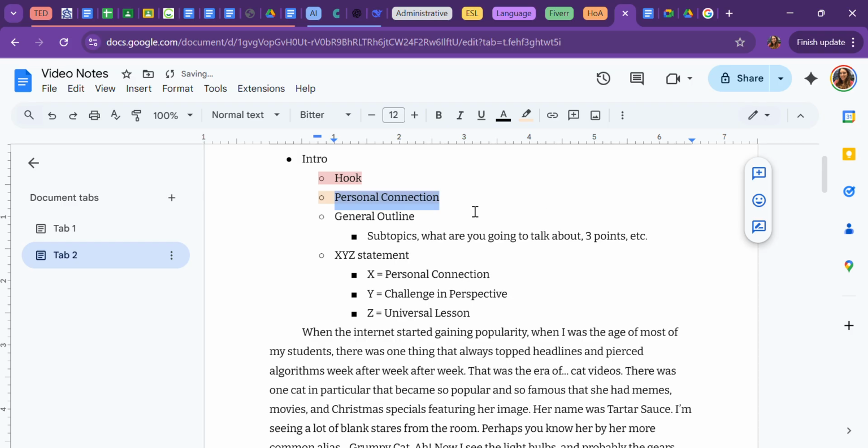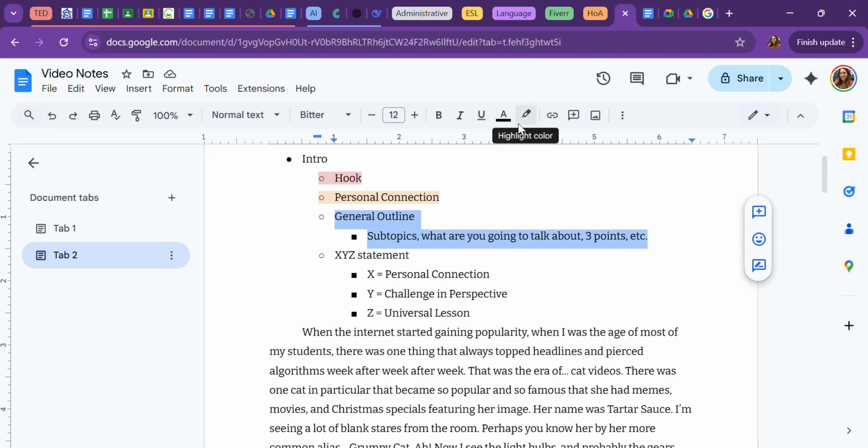Next is our personal connection. So what does this mean about you? Why are you interested? What's a story you've had? Yada, yada. General outline. So this is what I've been calling it, but some of you might have heard me say subtopics. What are you going to talk about in your speech? What are your 3 points? For some of you, it's 4 or 5 points, but this is the general outline,